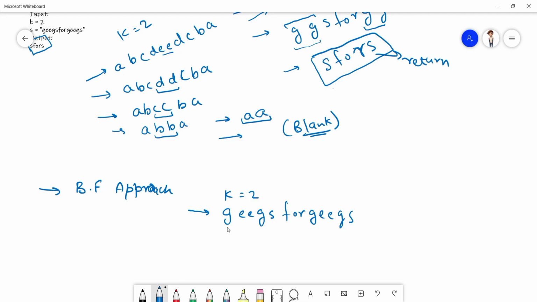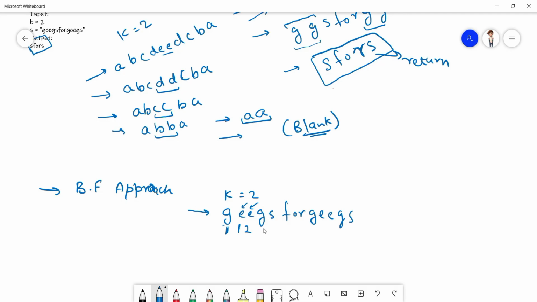We see that its consecutive count is 1, it is one element. Now we see that the count has increased to 2. As soon as we find 2, we will delete all the consecutive elements, these two.